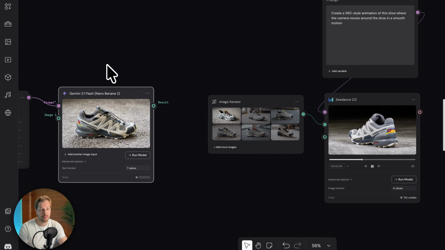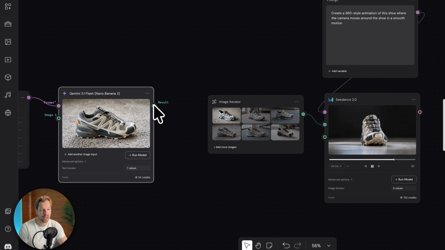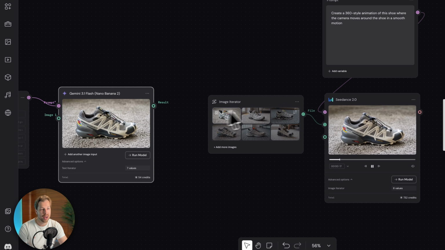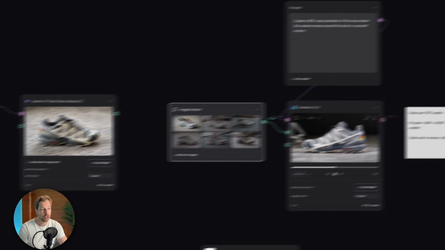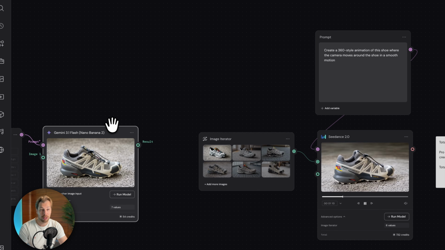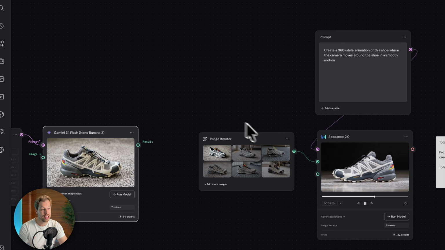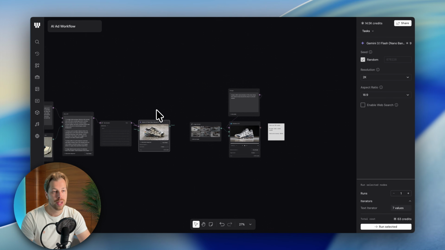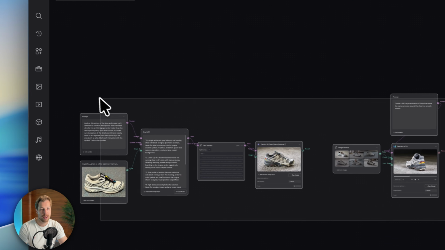So once I got the pictures, I cannot feed those directly into an iterator, but I had to download those pictures to create those videos. So that is a minor inconvenience and something that you have to know. But still, this is super cool because you can only imagine how much time and effort it would take to